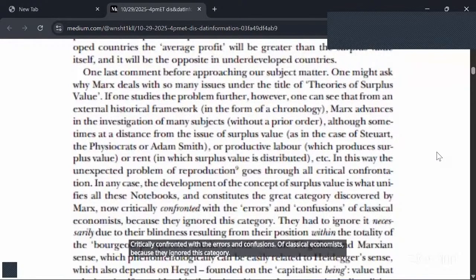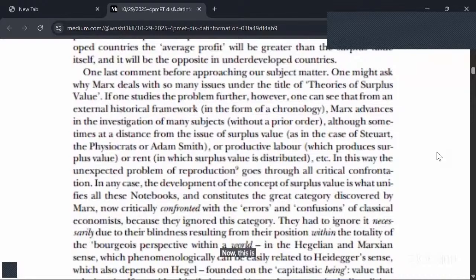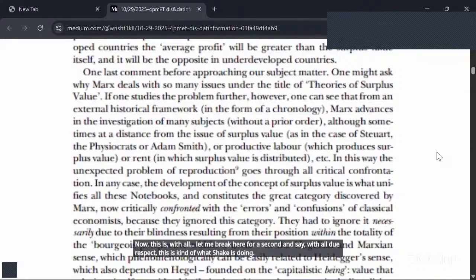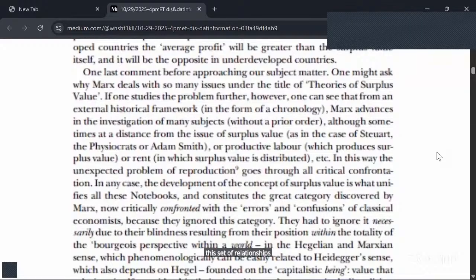Now, let me break here for a second and say, with all due respect, this is kind of what Sheikh is doing when he goes to the classics, where he reinforces this set of relationships because it is a confrontational relationship, which is less explicit, let's put it that way, or underdetermined, let's say, in certain newer interpretations of Marx. But anyway,